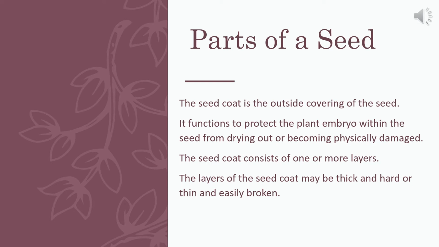So that protective coat on the outside of the seed might consist of one or more layers. Those layers may be thin and easily broken, or they might be thick and hard. Different plants and their different seeds that have different kinds of seed coats might require extra steps in order to get them to germinate. And so a word that I want you to think about now that